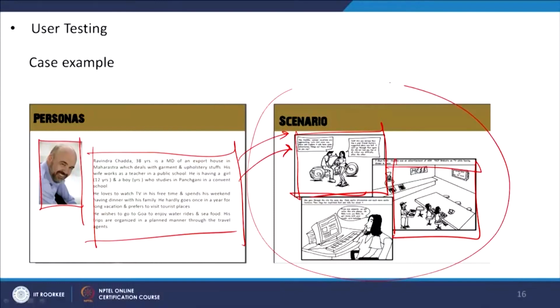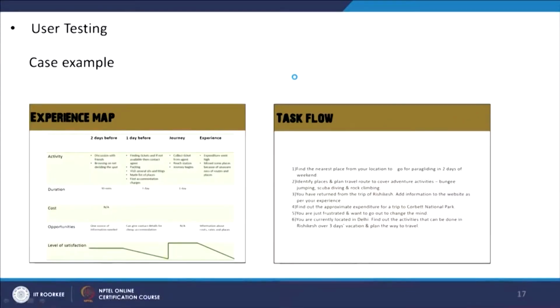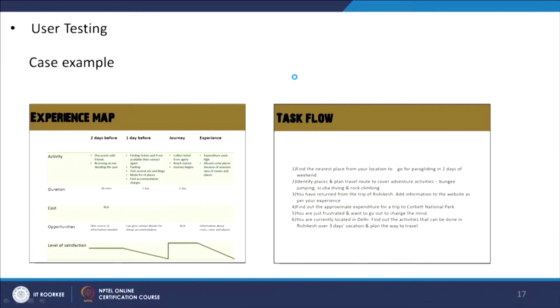So, research has been done after this stage when the scenario is built. All these techniques which they have formulated, they have gone for the question answer survey, they have gone for discussions and other techniques which they have identified will be suitable for this particular case example. They have summarized it in terms of experience mapping, how the user satisfaction level is achieved or not in a particular task flow. So, this satisfaction level can be mapped by a qualitative research technique, when we ask what you are feeling about this